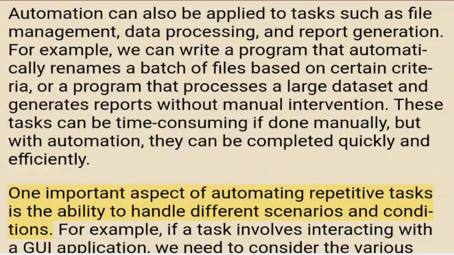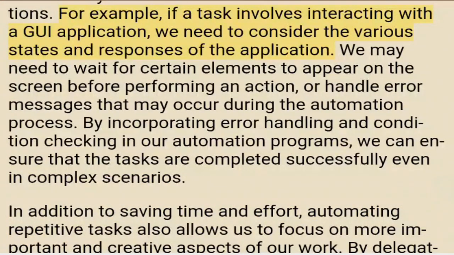One important aspect of automating repetitive tasks is the ability to handle different scenarios and conditions. For example, if a task involves interacting with a GUI application, we need to consider the various states and responses of the application. We may need to wait for certain elements to appear on the screen before performing an action, or handle error messages that may occur during the automation process. By incorporating error handling and condition checking in our automation programs, we can ensure that the tasks are completed successfully